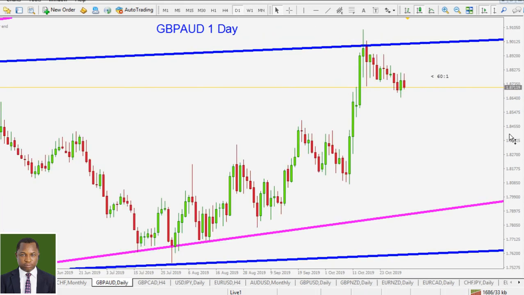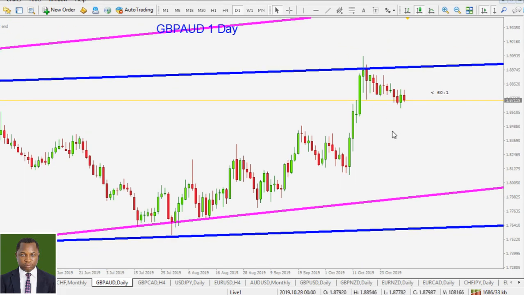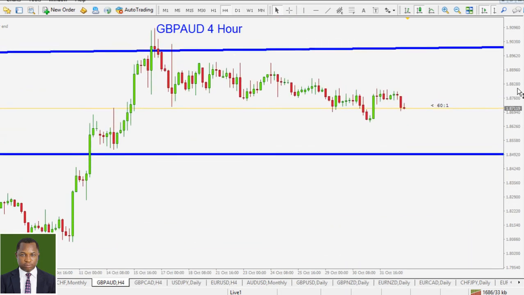Let's see the daily time frame. In the daily time frame, we really do not have much to draw here. This one was quite mutilated. That counter trend line was mutilated right there, so we cannot use that line anymore. The next line is this one here. The next level is this one, where price can actually find support around that zone. And as it is, the move to the downside is still there. You really do not want to go long at that point.